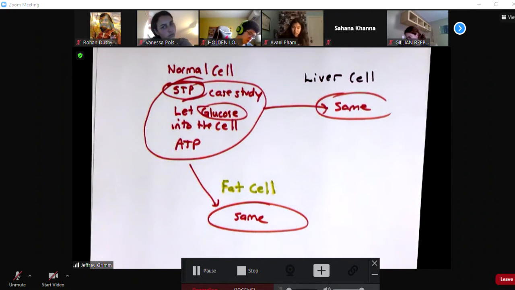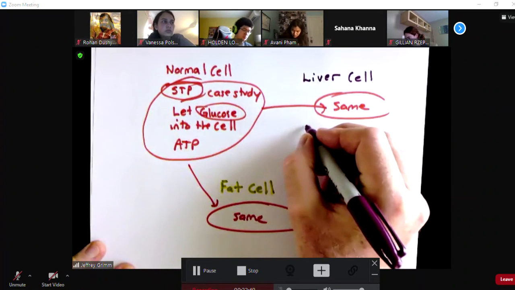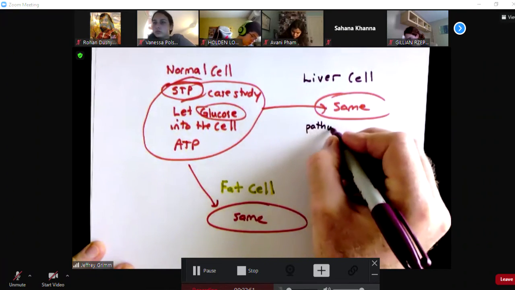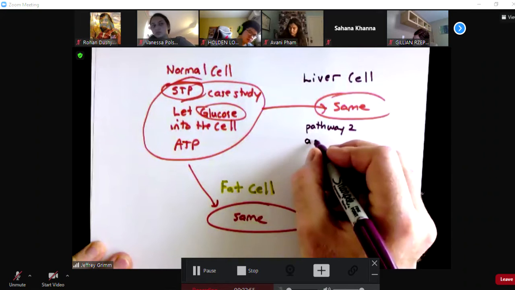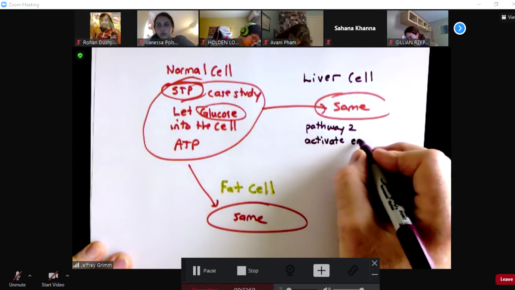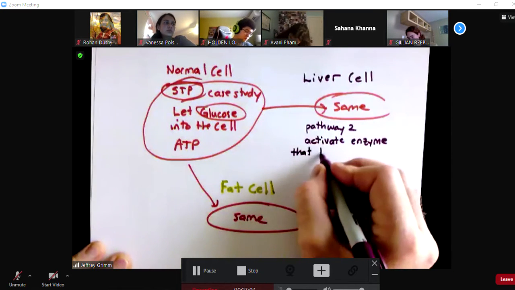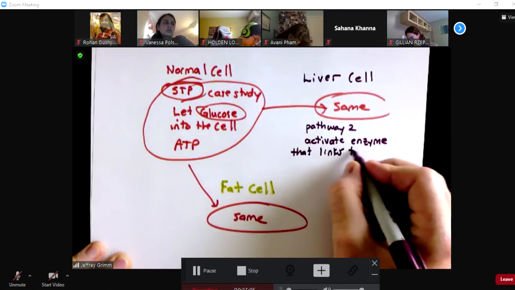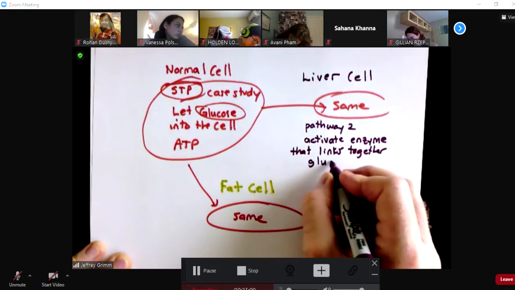We know all cells need ATP, but the liver cell is going to do an extra special different pathway, and I'll just call it pathway 2. Pathway 2 is going to activate an enzyme that links together glucose into glycogen.